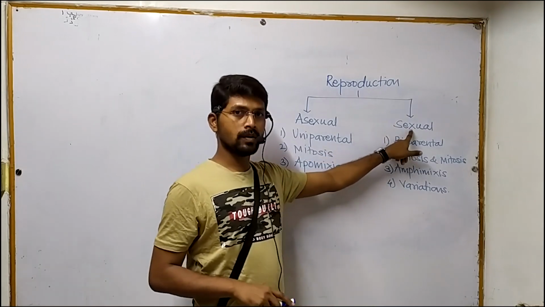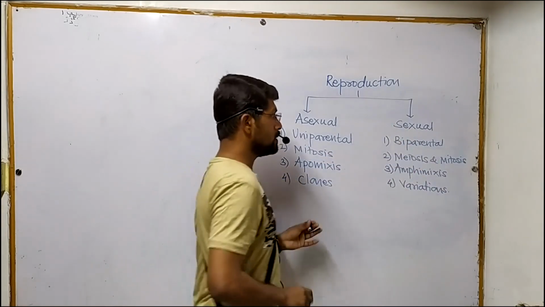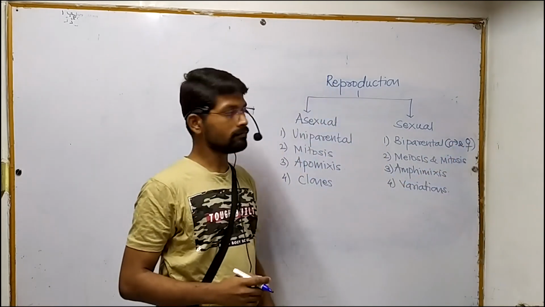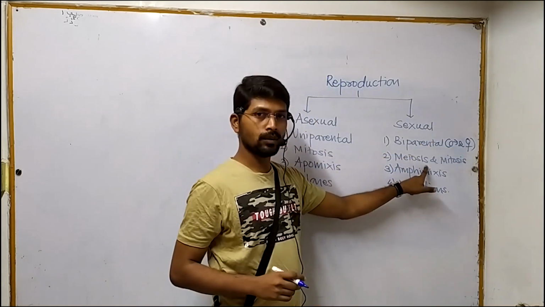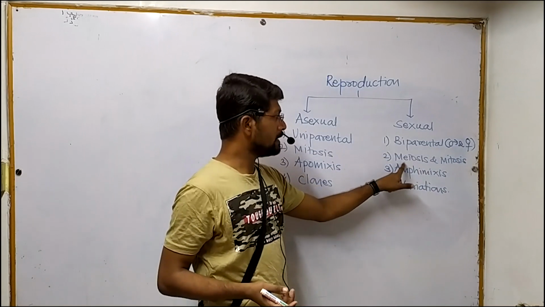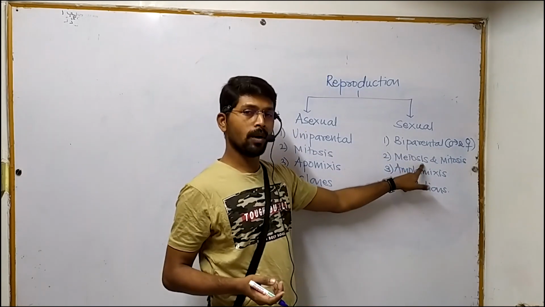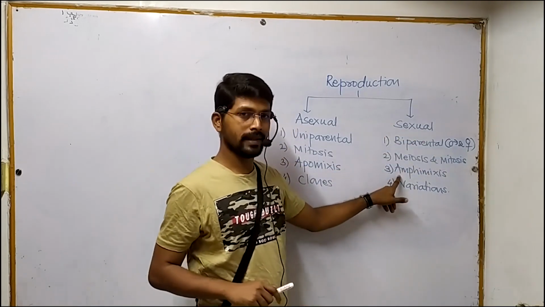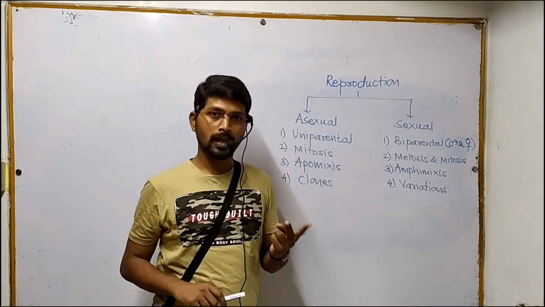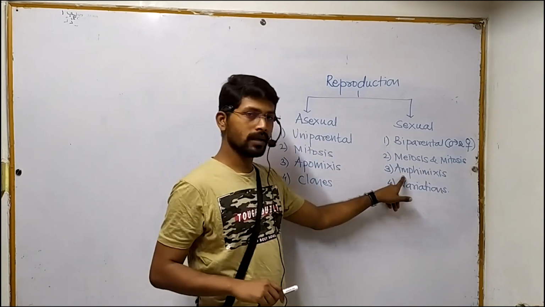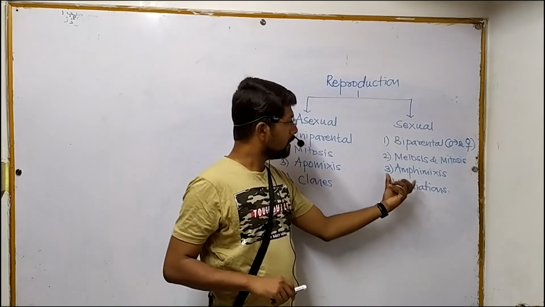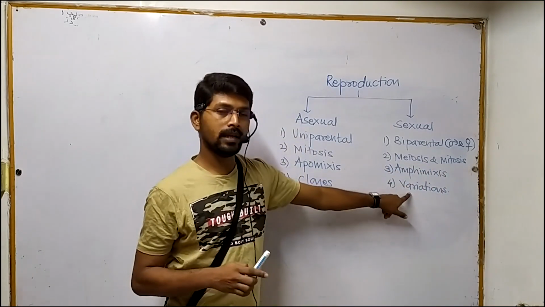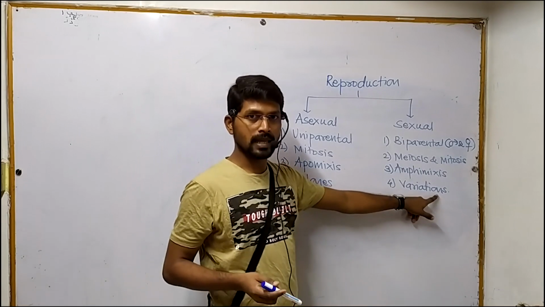On the other hand, sexual reproduction is a biparental process, and in this process both the parents, male as well as female, are required. These parents undergo meiosis for gamete formation, and the gametes formed during the process show fusion or mixing, and therefore sexual reproduction is also called amphimixis. Amphi means both male as well as female gametes fuse together to form the new individual, and due to